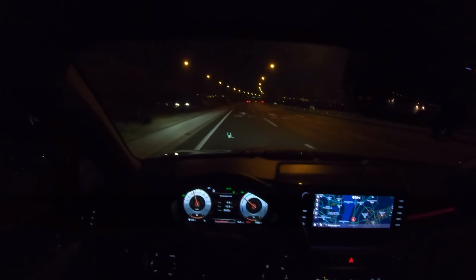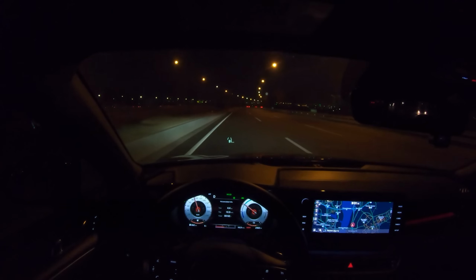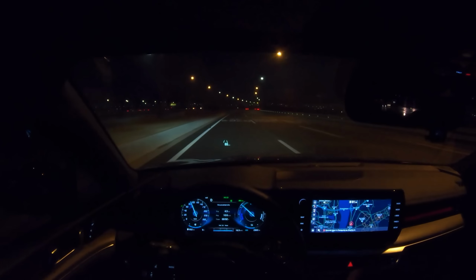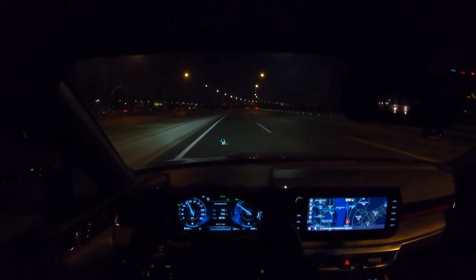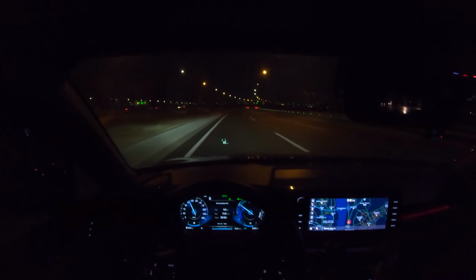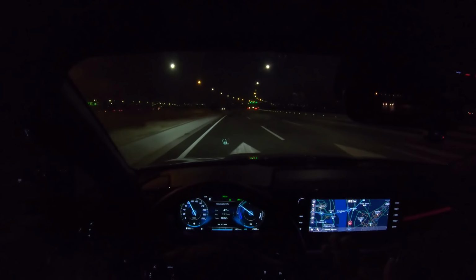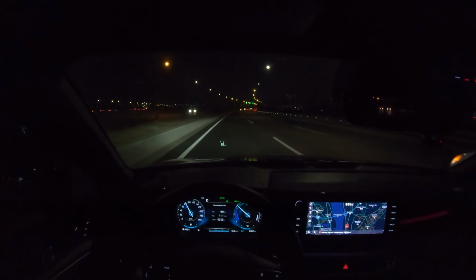Yeah, I guess in sports mode it does not like to go to EV mode, so let's put it back into EV mode. Right now we're driving about 90 kilometers, and it's just staying in EV mode. So we're driving about 80 kilometers and it's going into EV mode. So yeah,